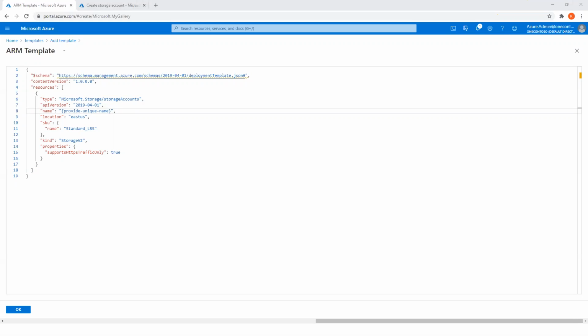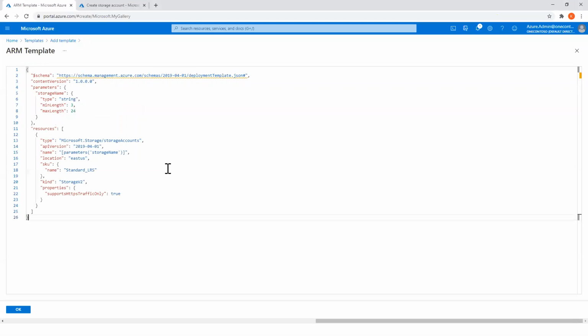In another example, we are going to quickly see the same script. The resources we added previously, now we added parameters. In the parameters, you are adding a storage name and then the values. So when somebody executes this, they will be collecting the storage name from the script, and that name you entered goes into this resources name value. So if I'm going to deploy this,